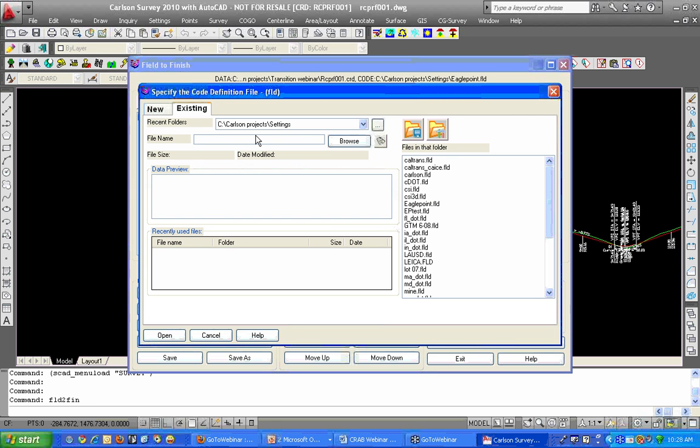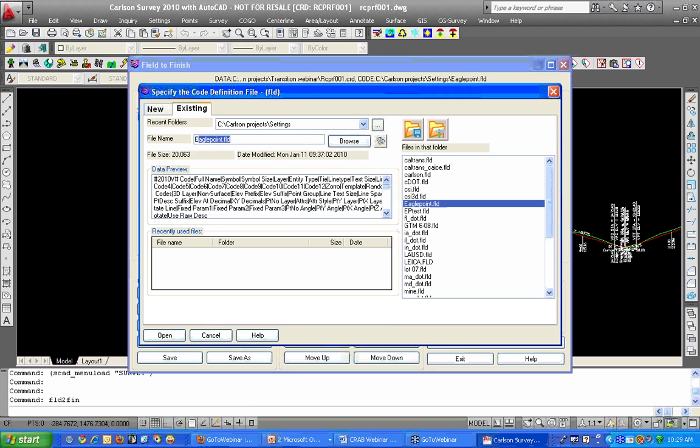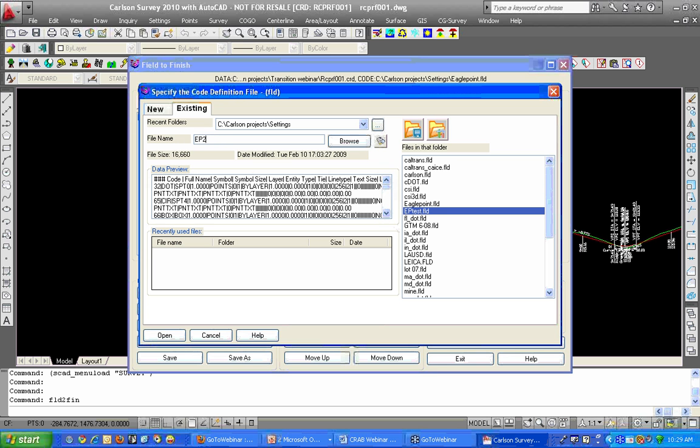So we'll come in and we'll create a new one. By default, look at the folder it's selected. It's a separate settings folder. It's in my Carlson projects folder. You can define where you want these settings to be. So this could just as easily be on a network drive where everyone in the company can access the same settings. And we'll just call this EP2